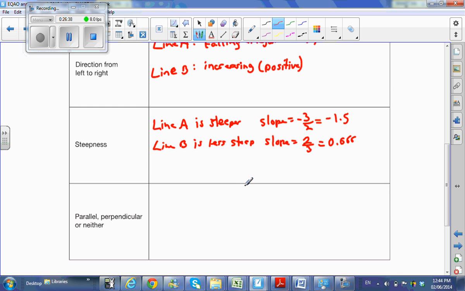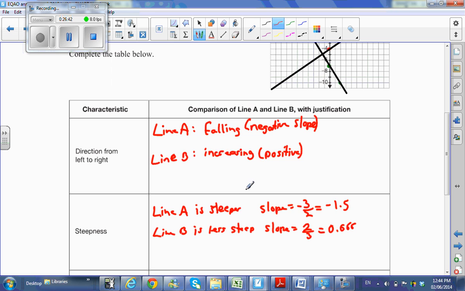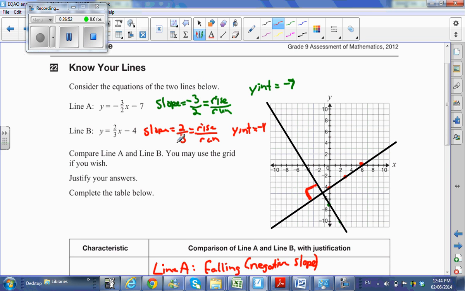And the last thing they want us to do is look at whether it's parallel, perpendicular, or neither. So parallel would be if they're running in the same direction, which obviously they are not. Does it appear to be perpendicular? Yeah, I could argue that that looks like 90. Now, how do we find something that's 90 degrees again? Again, all going back to our slopes. So what do you notice about those two slopes? They have the negatives of one another, which we know is one of the